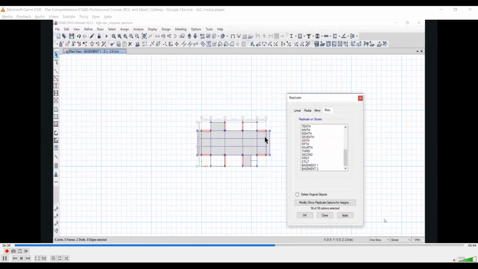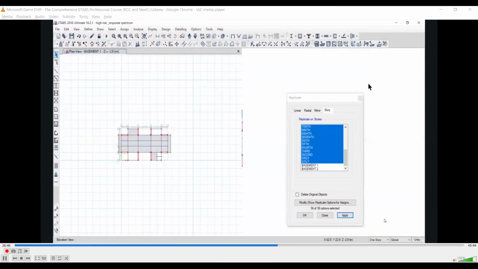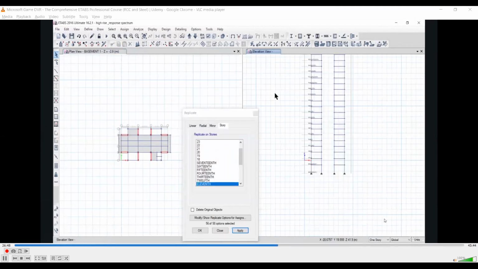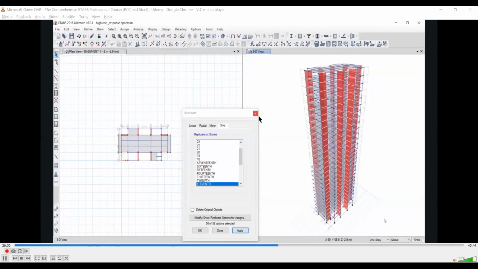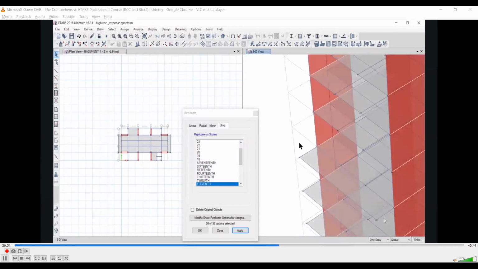As this cantilever is already on basement 1 level, select stilt, first, second, third, fourth, fifth, 6th, 7th, 8th, 9th, 10th and 11th. Left click on apply. Go to this option, left click on add new window. Go to 3D view. Here you will notice that this projection is now drawn.